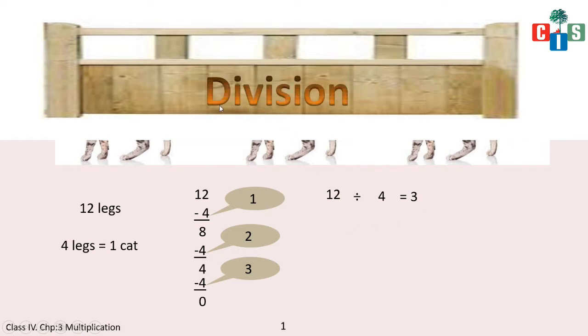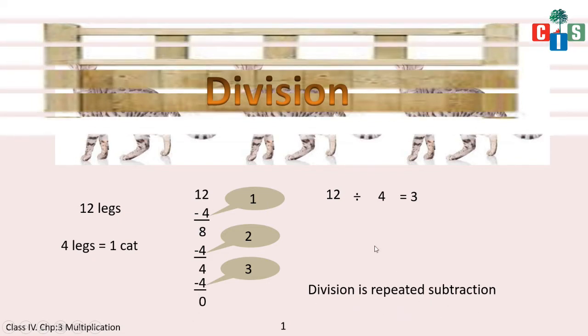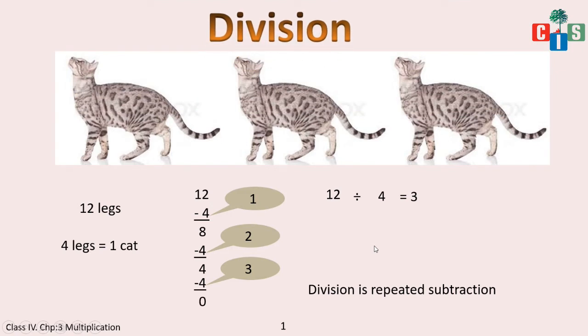And our today's topic is division. I can say that division is repeated subtraction. I already justified the statement before. See, we have repeated subtraction, so this statement is correct. So today we are going to see division. You can say that when you repeatedly subtract to form groups containing an equal number of items, we call it division.